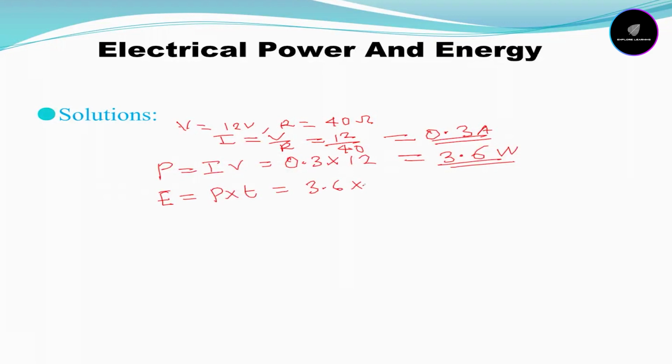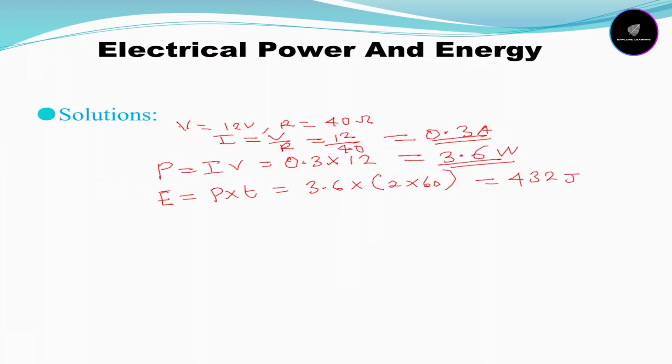Remember I told you, whenever your unit is given in multiple or sub-multiple units, you have to convert it into the standard unit. So to convert this to the standard unit in seconds, all you need to do is to say 2 multiplied by 60, which is 60 seconds make 1 minute. So when you multiply all this together, we're going to get